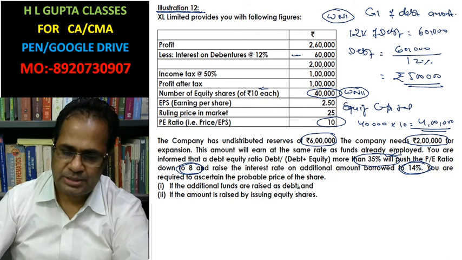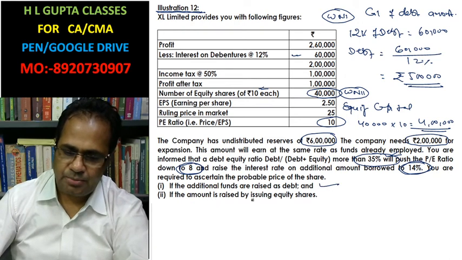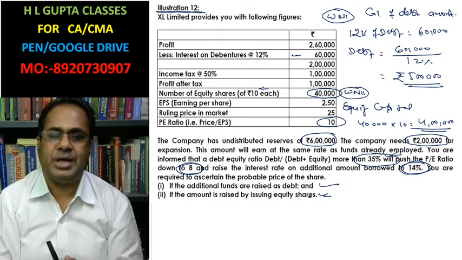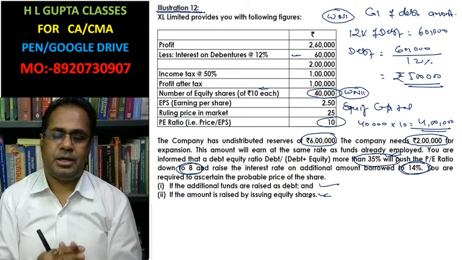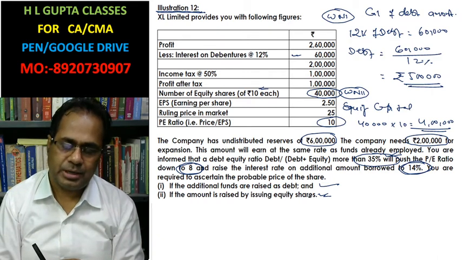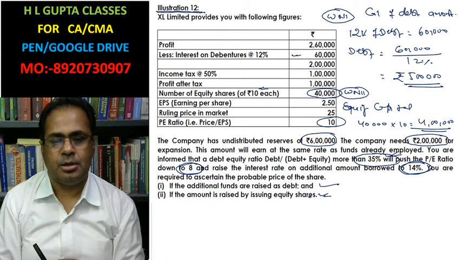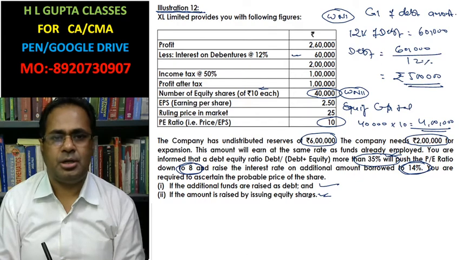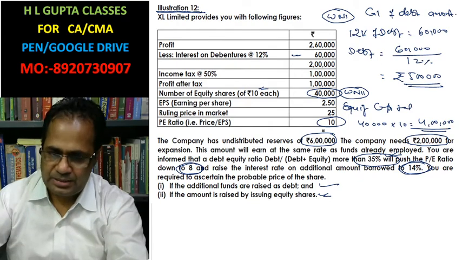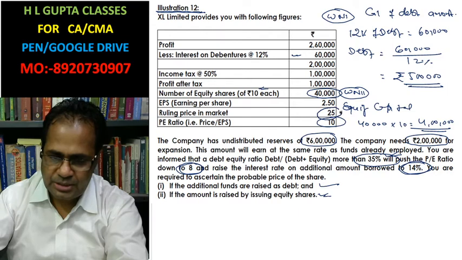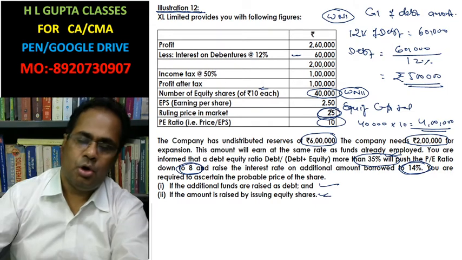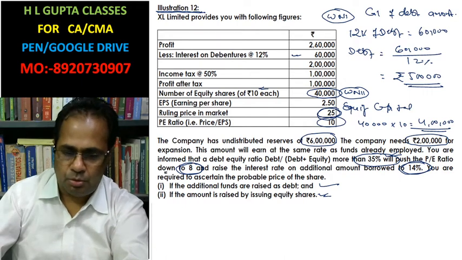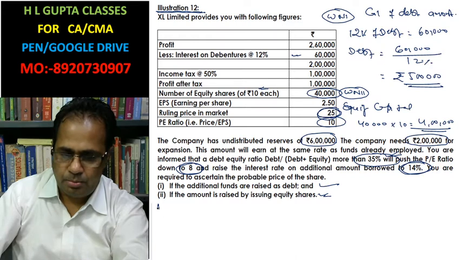If the additional fund is raised through debt, and if the additional fund is raised through equity. Okay. In the given question, it is not informed at what rate additional debt is raised. This information is silent here. In this case, you can assume as per your own convenience, but in the most appropriate case, the market price of equity share is already given at 25. On the basis of this, additional debt is raised. It is assumed.